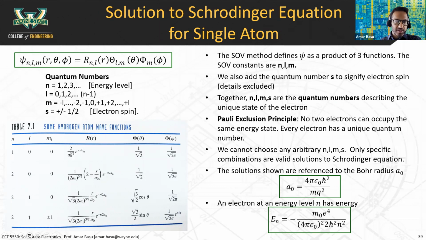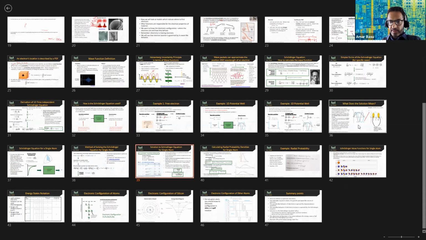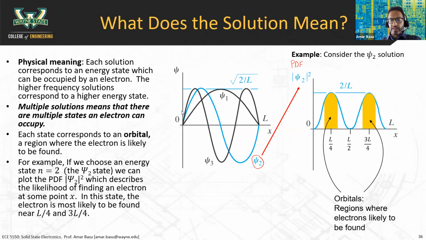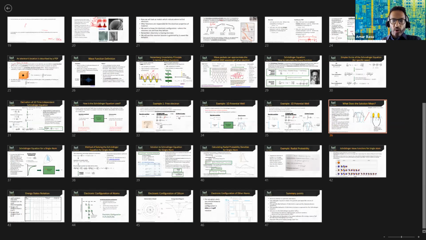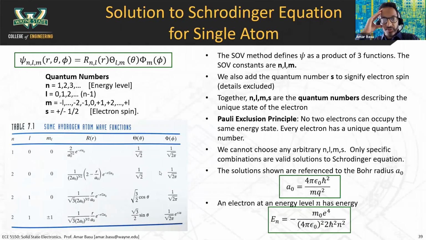Okay, just to make the connection, we basically found in the one-dimensional case there was a series of sinusoids, and the different sinusoids had different wavelengths. It was a list of a whole bunch of sinusoids, and that list was indicating the different possible energy states of an electron. In this case, it's very similar. There are different wave functions that the electron can exist at, and those wave functions are described by this equation here, R of r,